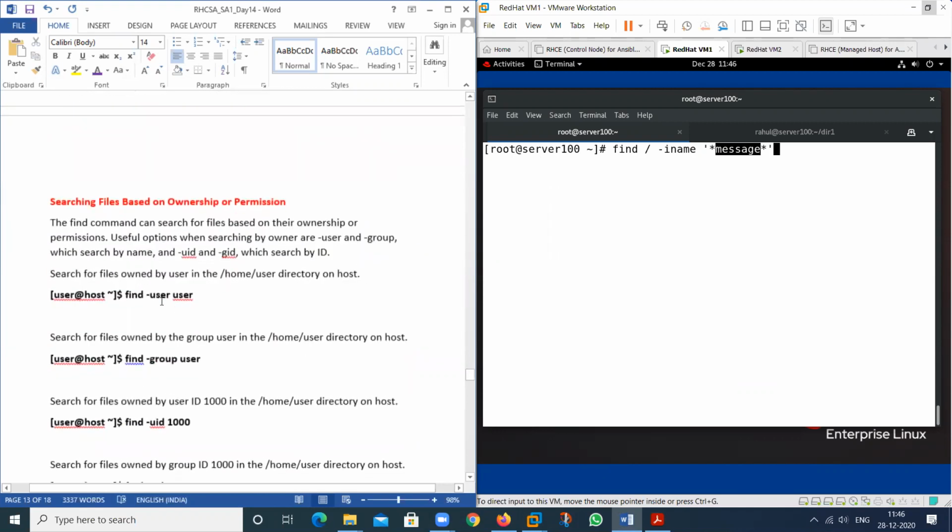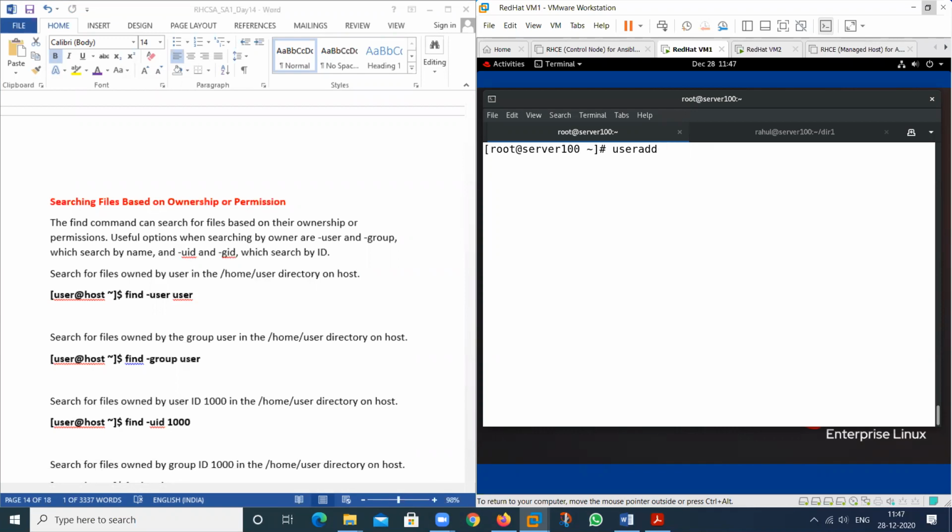Then see another command. See here. If I want to search all the files, all the folders related to any specific user, then what will I do? So we can use the -user syntax. This one. See here. For you, I will create another one.